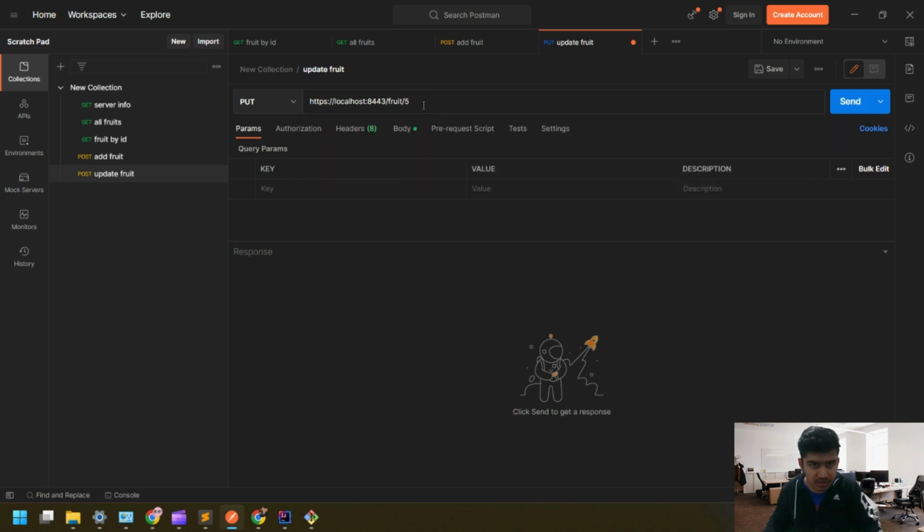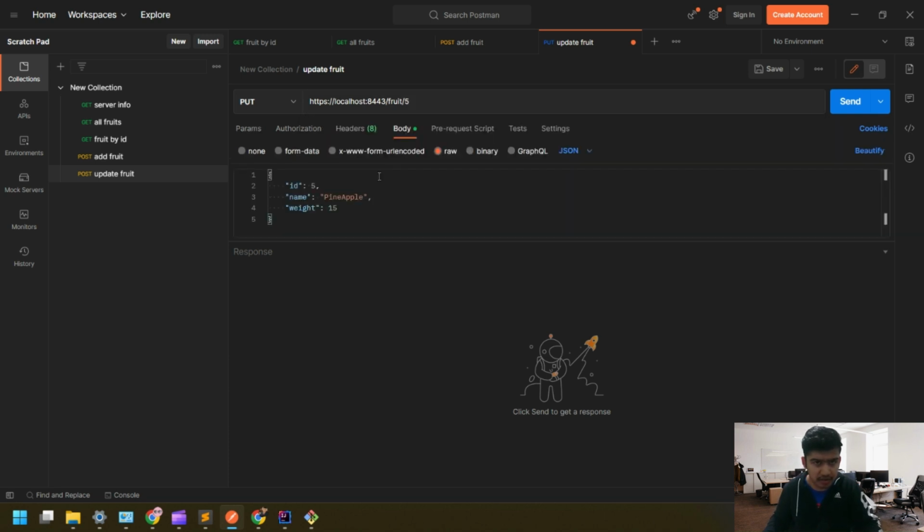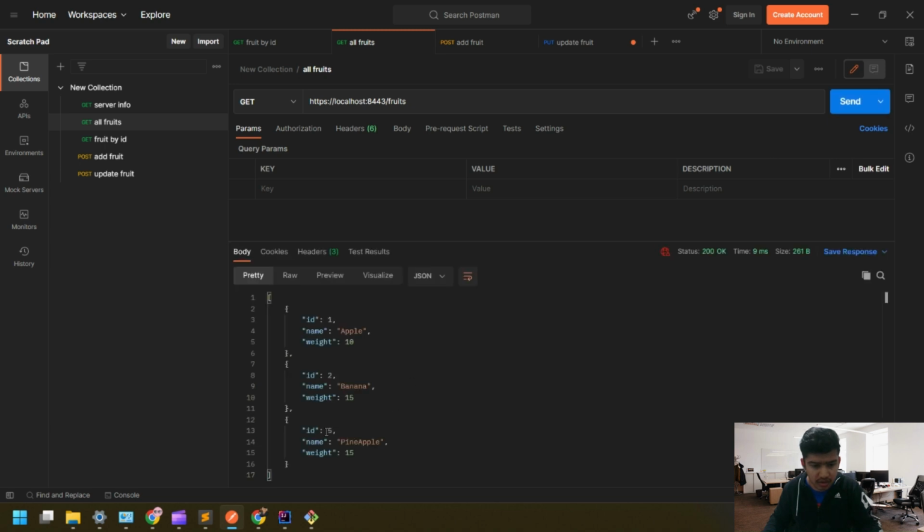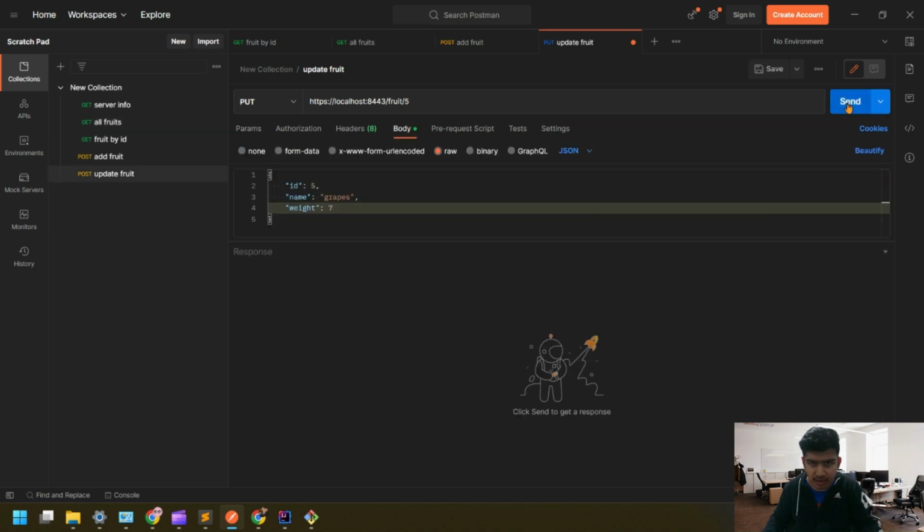Let's say we are trying to update the fruit with ID 5, and what we are trying to do is turn it to grapes with weight of 7. So currently we have 5 pineapple and